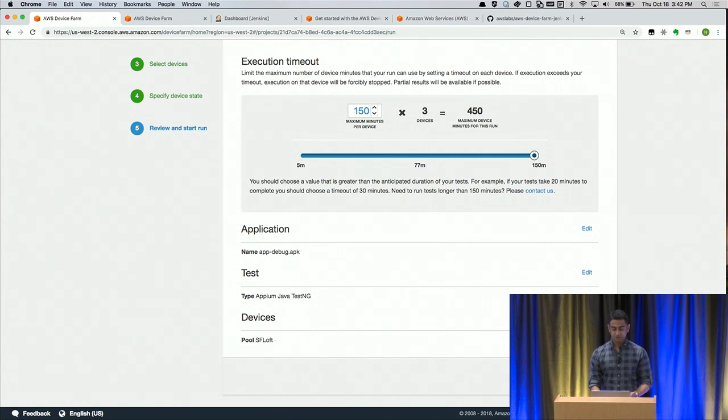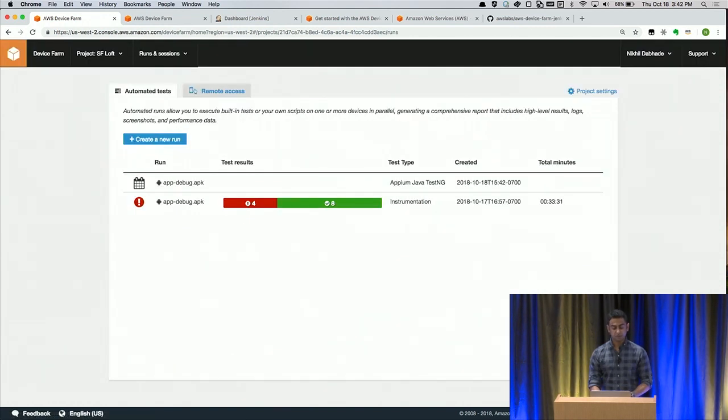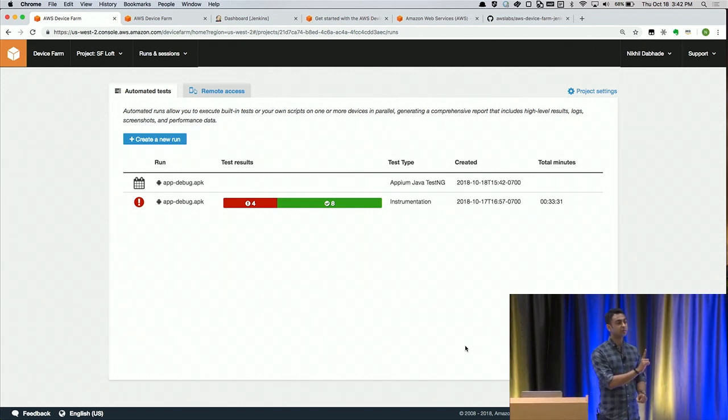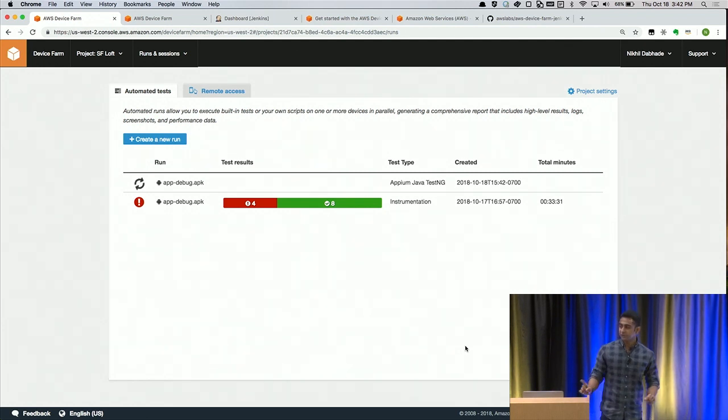Say next. That's just the review page. We say confirm and start. Now, you saw the flow that we did in the console, right? Now let's keep that flow in mind and then switch context to CI/CD. Like, how would you do CI/CD? So in CI/CD,